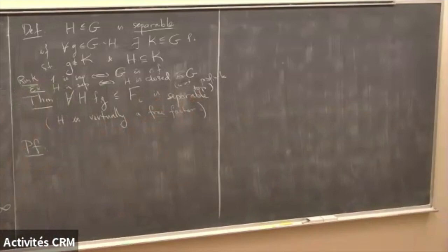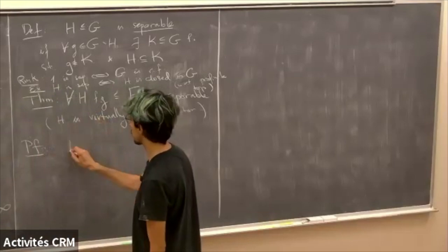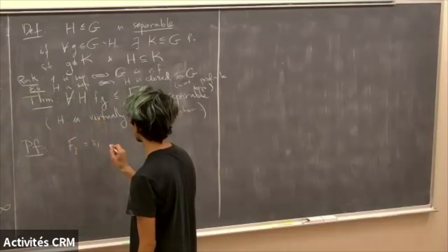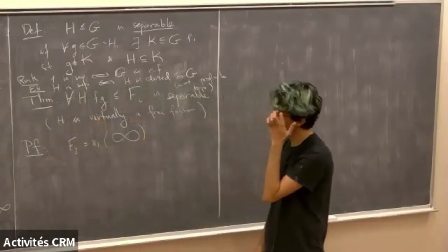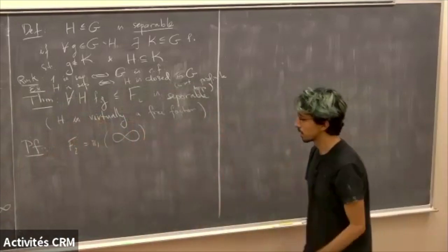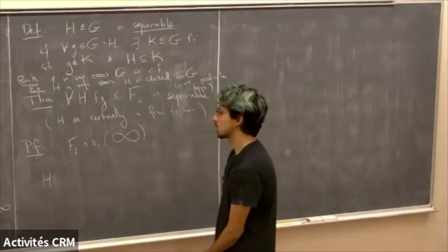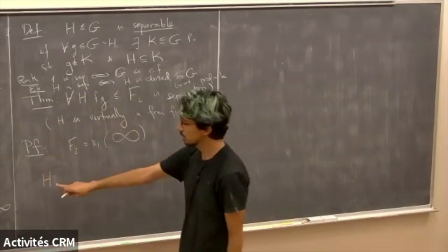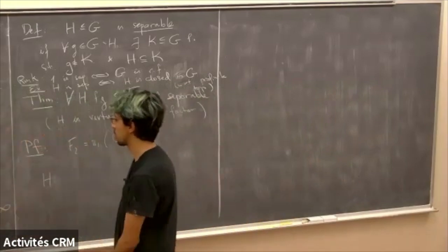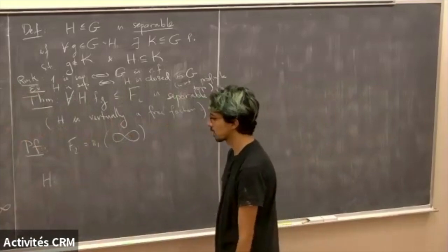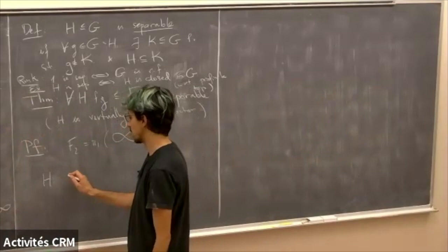Yeah, okay, so what's the proof again? You want to think of H as finitely generated, and the next step is you want to think of H as a map from a finite graph into the free group's graph. So the way to do this is the following.